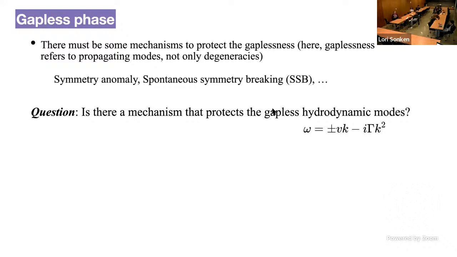If you have a gap that's not at a point, but an entire face, it means that you could change your parameter and the gapless stuff is still always there for some reason. Naively, if you have a lot of gapless degrees of freedom, you can turn on interactions and try to remove them to the best of your ability, and there must be some kind of weird stuff going on that doesn't allow you to do that. There's probably some assumption going on here that I'm not aware of.